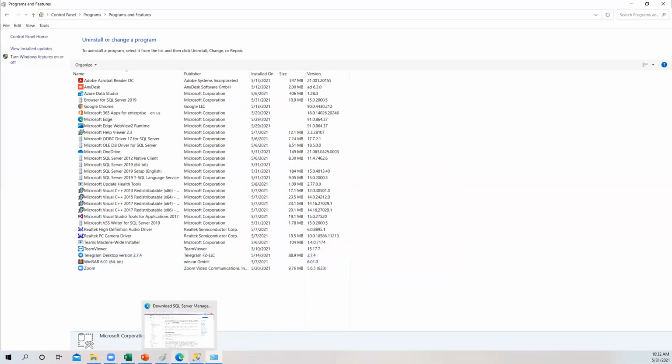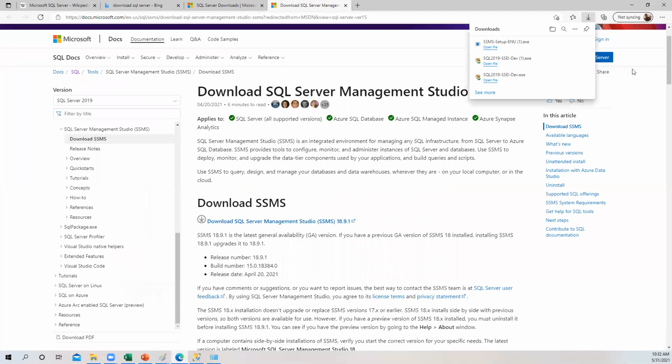Now let us go here and see, already downloaded the files, right? SSMS. Okay, click to open that file. Now we'll give this prompt and click yes.